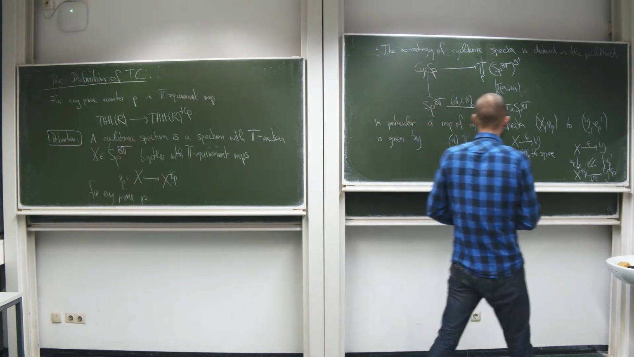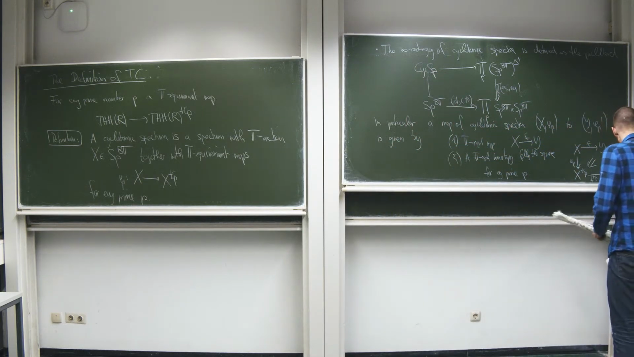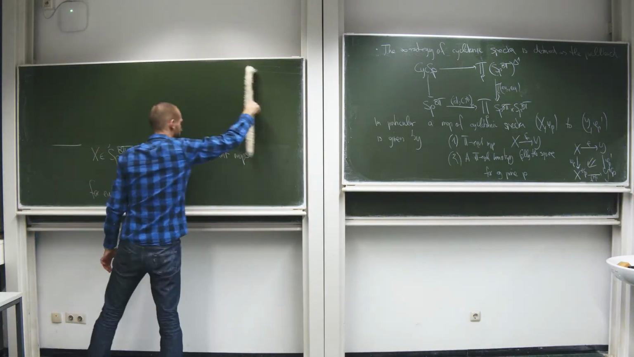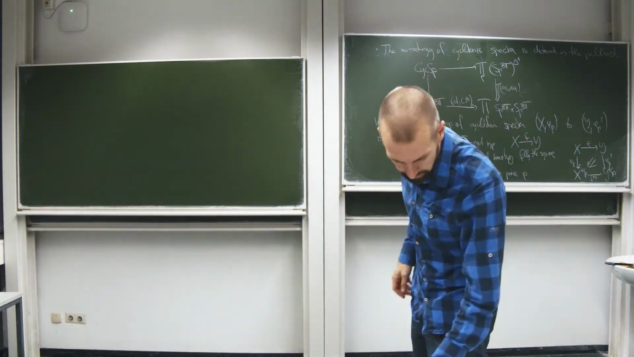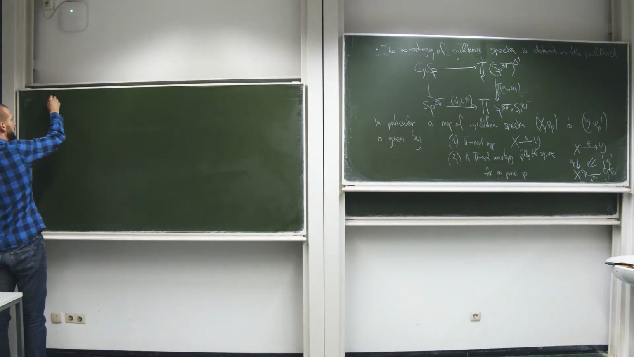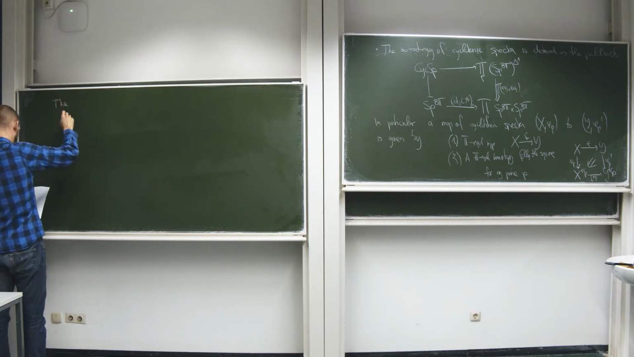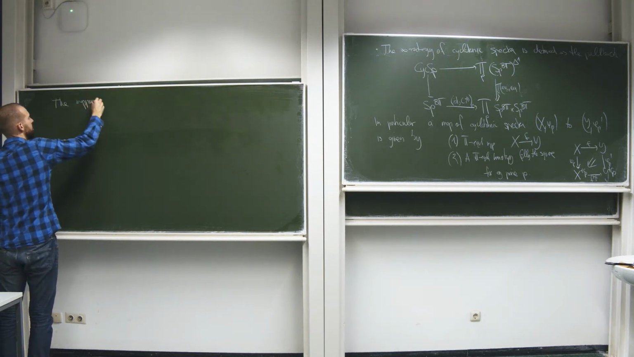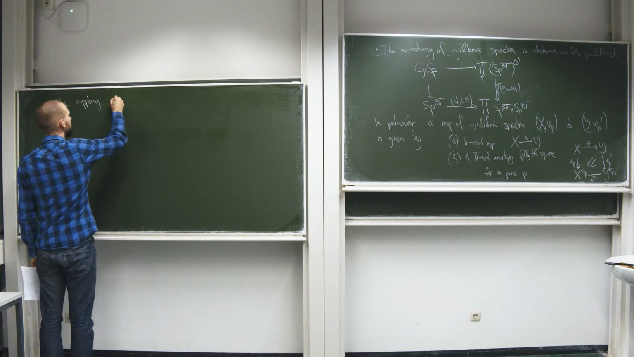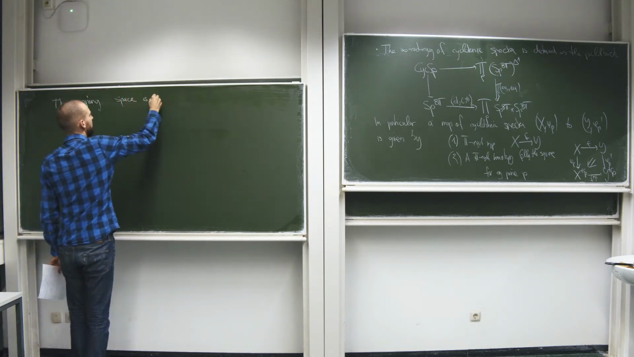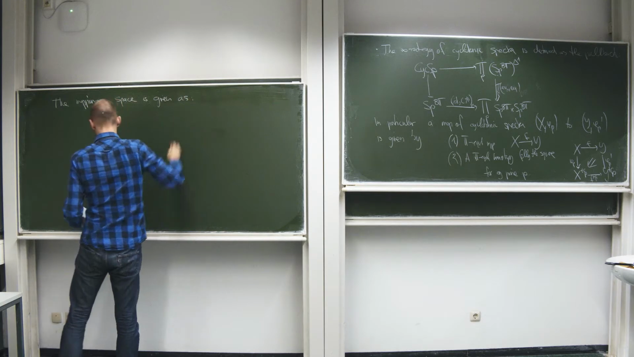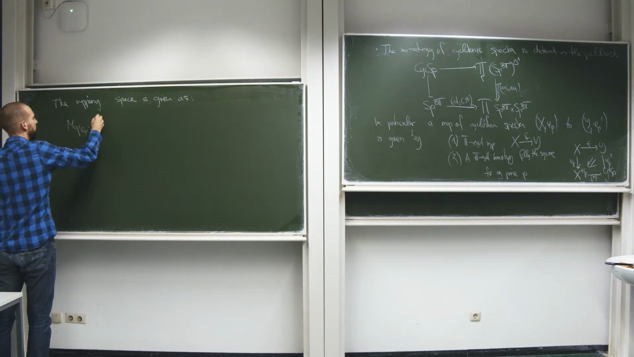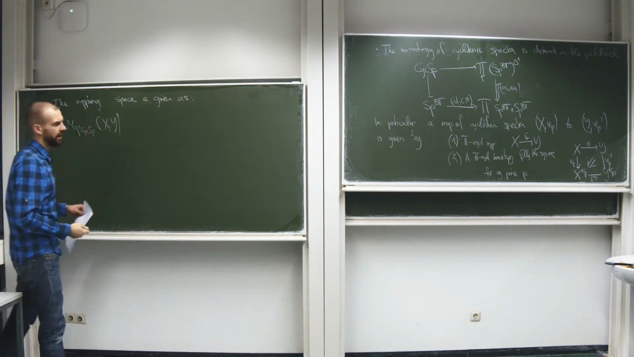And in fact, we can make a stronger statement about the mapping space, which goes as follows. The mapping space in cyclotomic spectra from X to Y, and I guess I again mean X with phi P and Y with phi P prime,